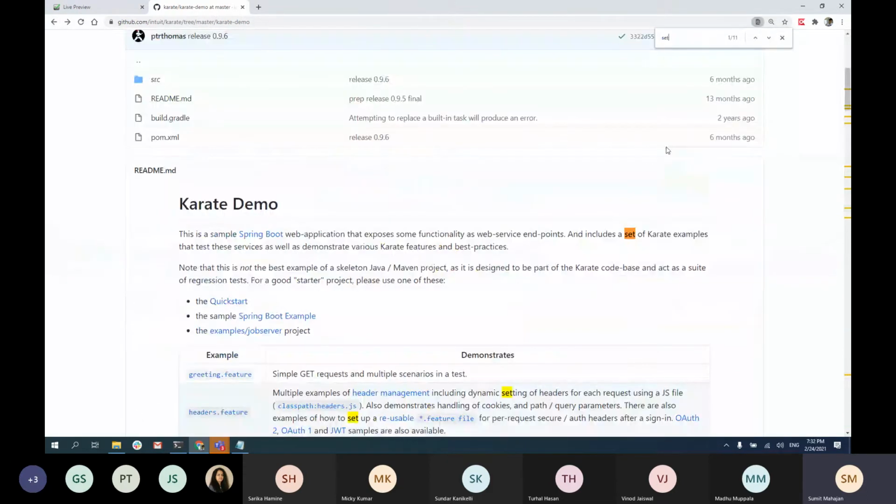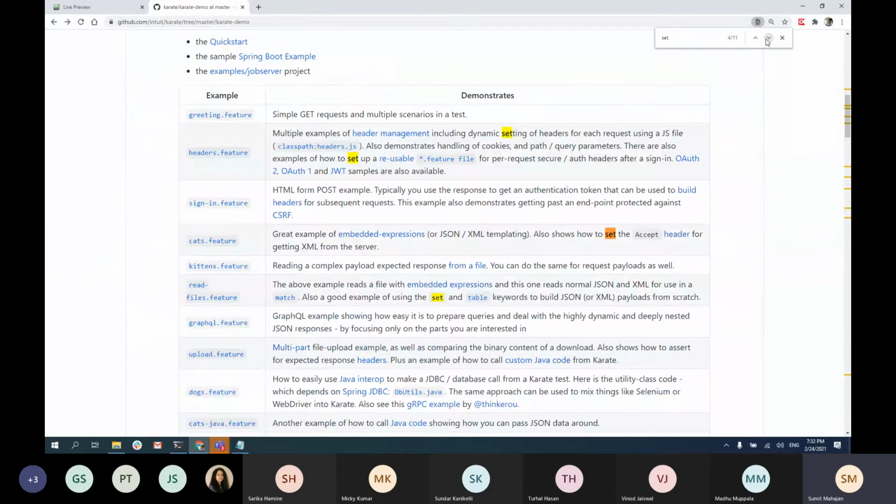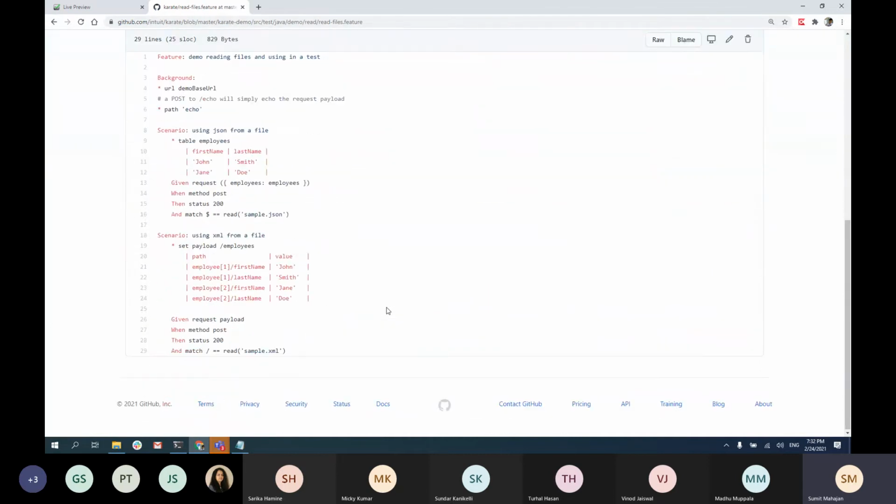Let's see if there is some example of that. It is setting up the entire payload. Right. So this one is setting the whole payload, but you can use the same way of doing this, or even if you don't use set, you can directly put that variable in some variable, right?